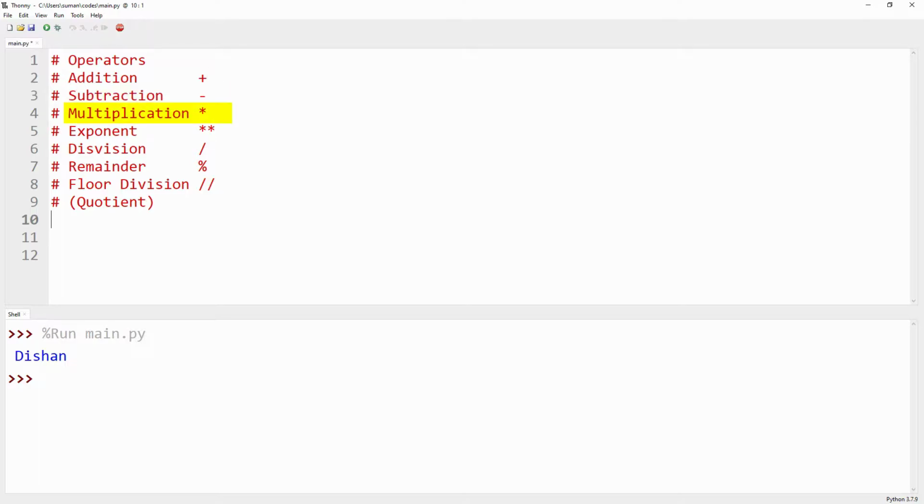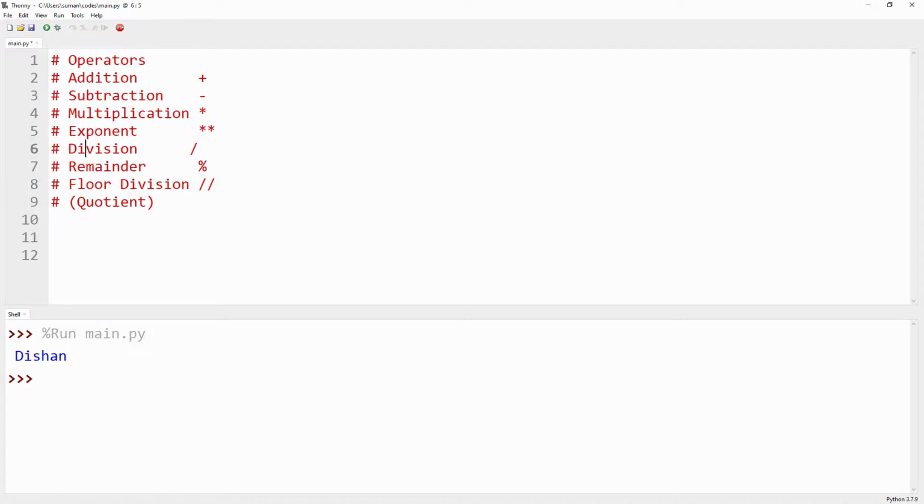For multiplication we use the star. For exponent we use the double star. For division we use the front slash. For remainder we use the percentage sign. For floor division or the quotient we use the double front slash.